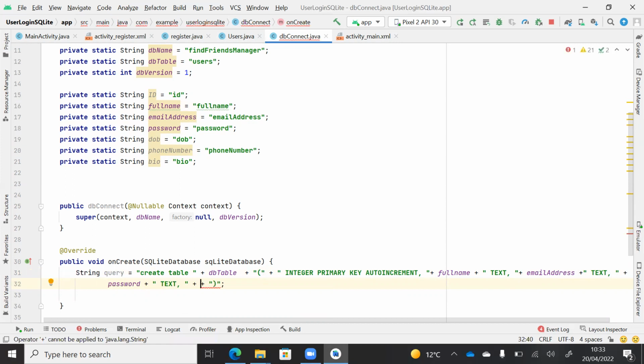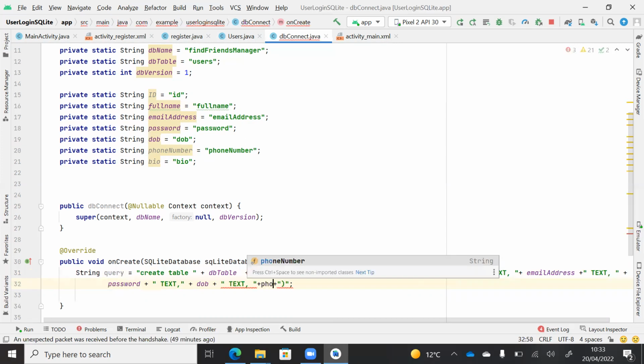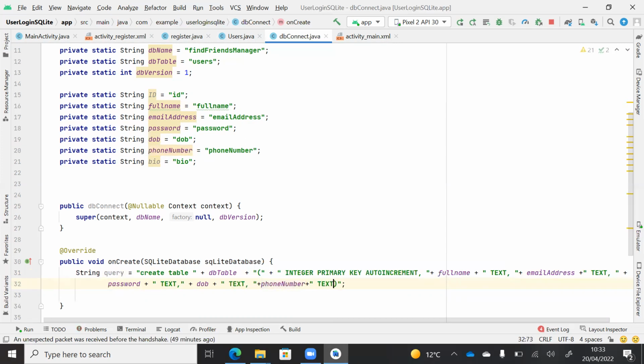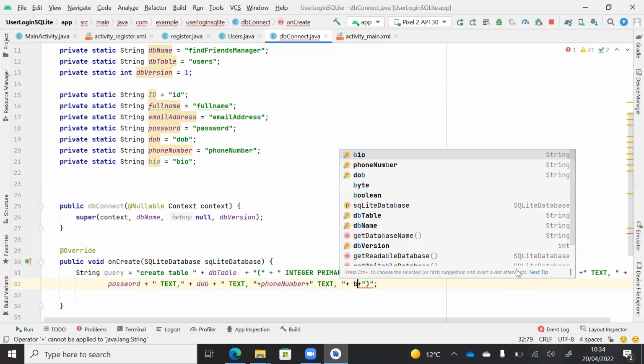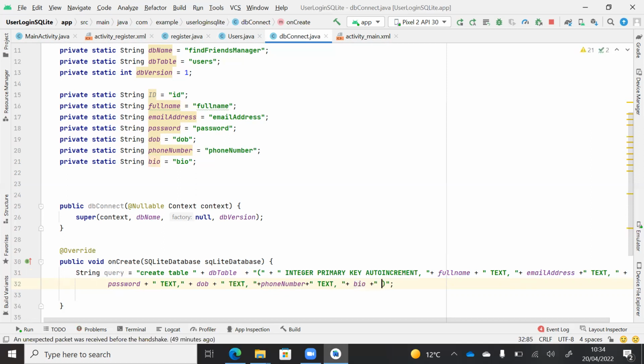So we do DOB, space, text, phone number, space, text, comma. Don't be confused by this. It's only because I know what I'm doing already that I'm able to do the concatenation. But concatenation is just because we're combining variables together with a string. We need to concatenate it. So literally what this is going to read is create table users. It's just that because it's a variable, that's how we have to combine variables and